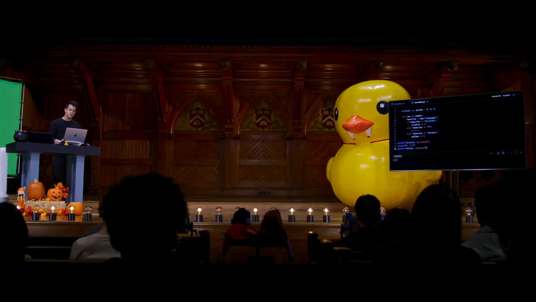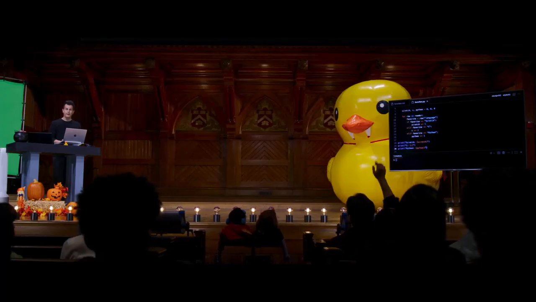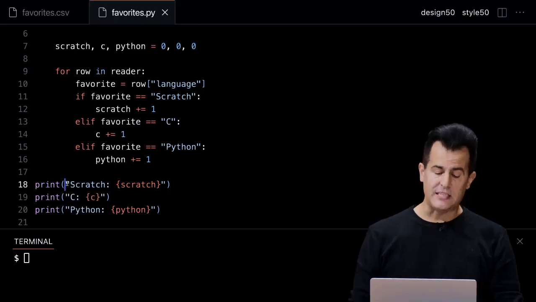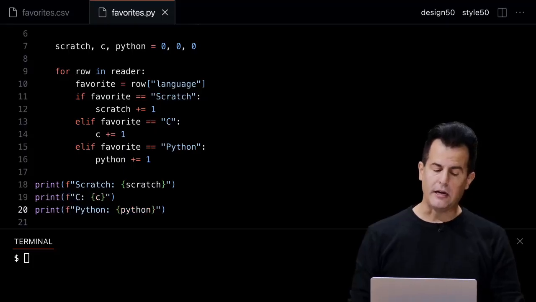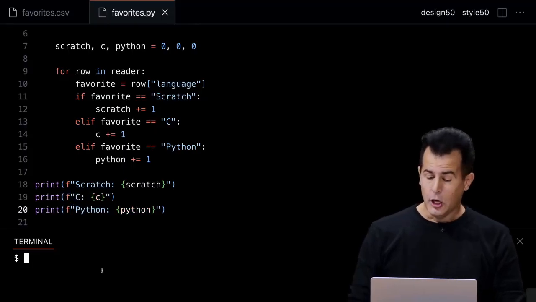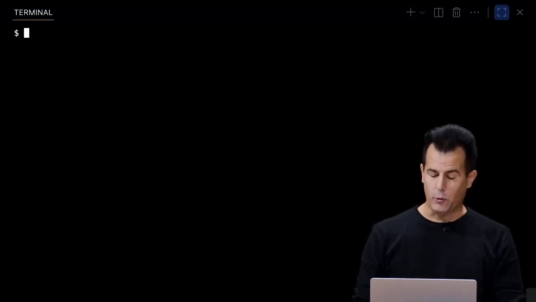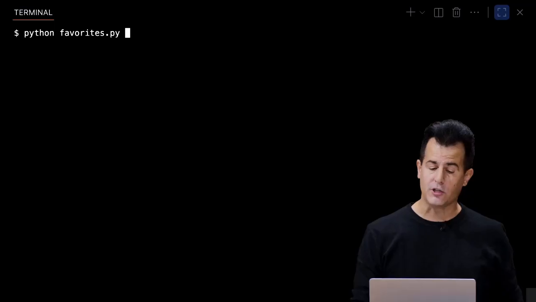But of course, there's a subtle bug here. Yeah? So I didn't format these things. It's an f string, so I need the little f over here to the left of each of these strings. All right. So let me go ahead and maximize my terminal window, run python of this version of favorites.py, and